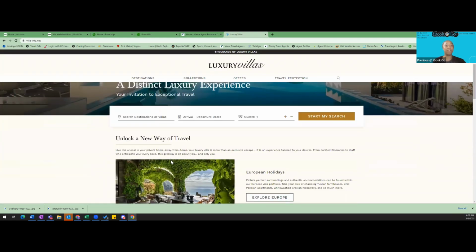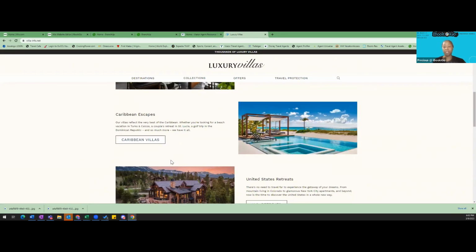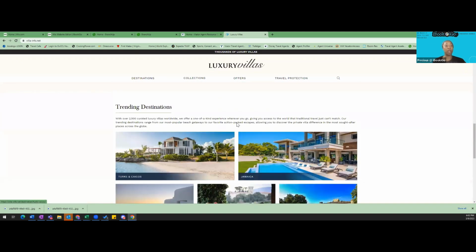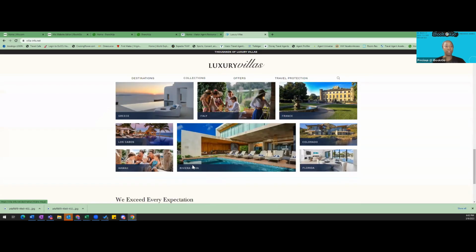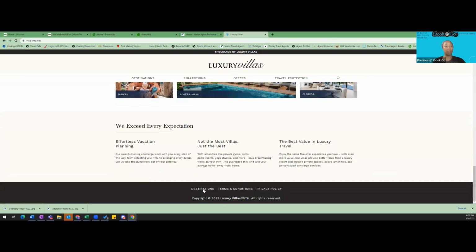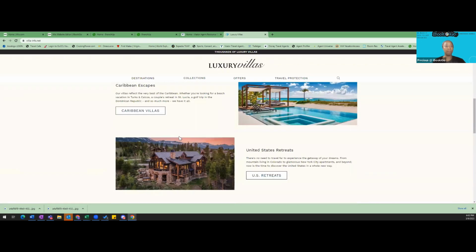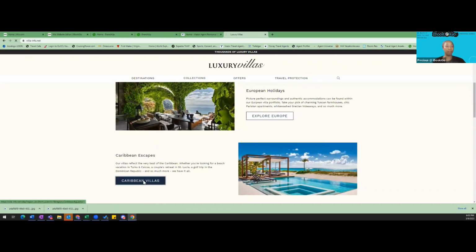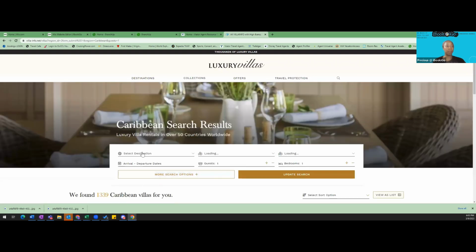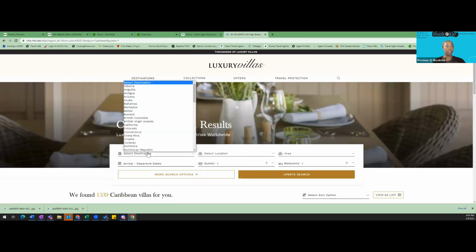This is an affiliate link through the Villas of Distinction. You're going to notice that on this link, you don't see the Villas of Distinction anywhere here. It's just luxury villas. If I click on Caribbean villas, it gives me the opportunity to search